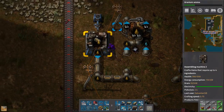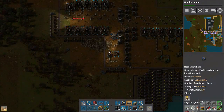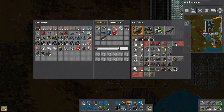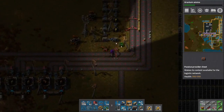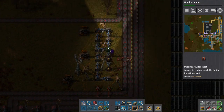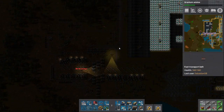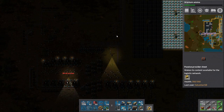So we got a couple of things we could do. We could also make a bunch of assembling machine 3s, and then chuck speed modules into them too, because I think we're at that stage. That's actually super worth doing too. I'm just trying to decide: is it better to put speed modules in these things first, or